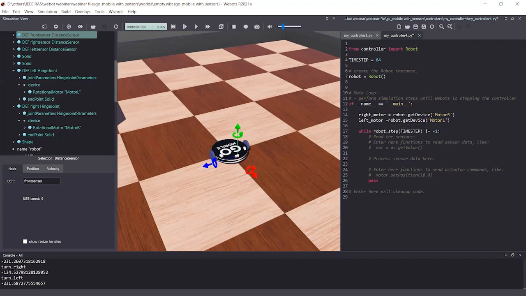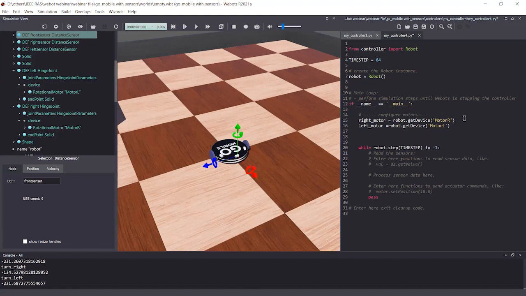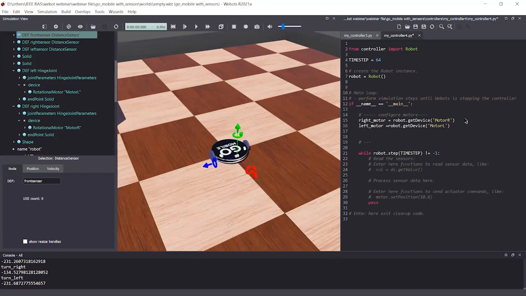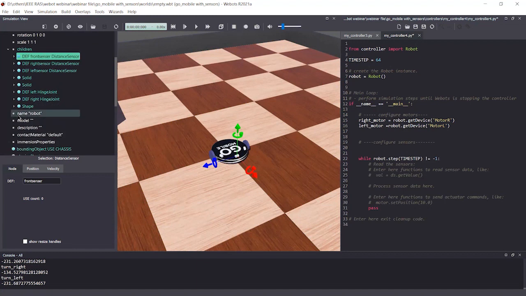And to get access to the sensors, I will comment this as configure motors, and then I'm going to configure our sensors. In order to configure sensors, first we need to name our sensor.